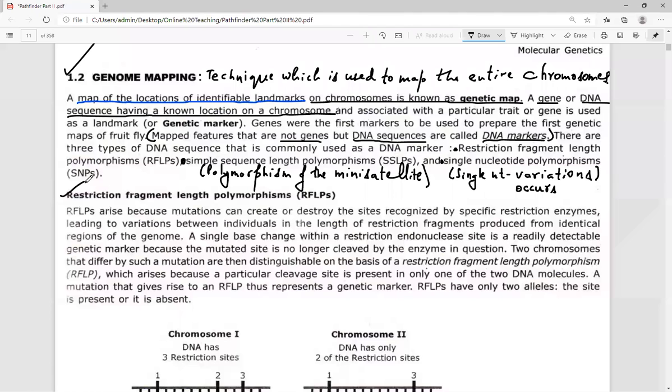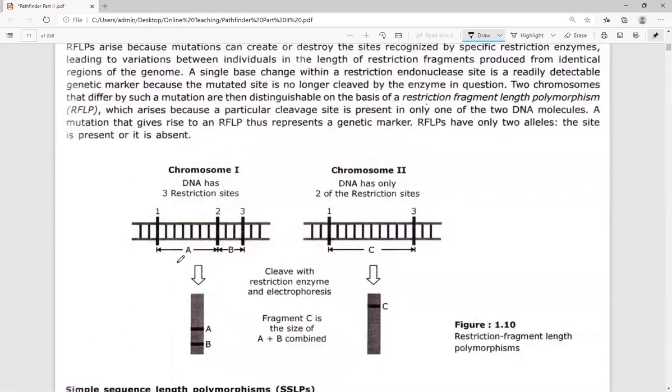Let us have a view about restriction fragment length polymorphism: what it is and how it is being used. Restriction fragment length polymorphism is based upon the number or the different sizes of the DNA fragments that would be produced on the basis of restriction digestion. When you take a DNA molecule and cleave this DNA molecule by restriction endonuclease,